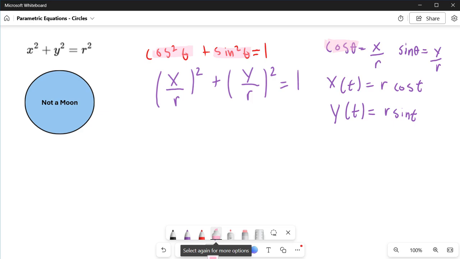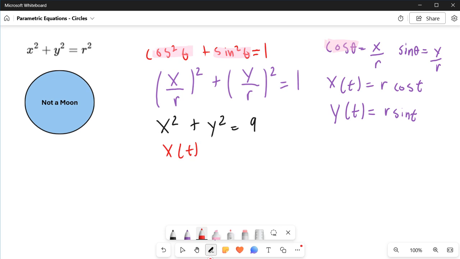So let's say, for example, that you have an equation of a circle, and that equation of a circle is given by x squared plus y squared equals, let's say, 9. So with that, we can see that the radius of this equation is r equals 3. So that means that the equations, as it relates to this particular circle with radius 3, would have to be that